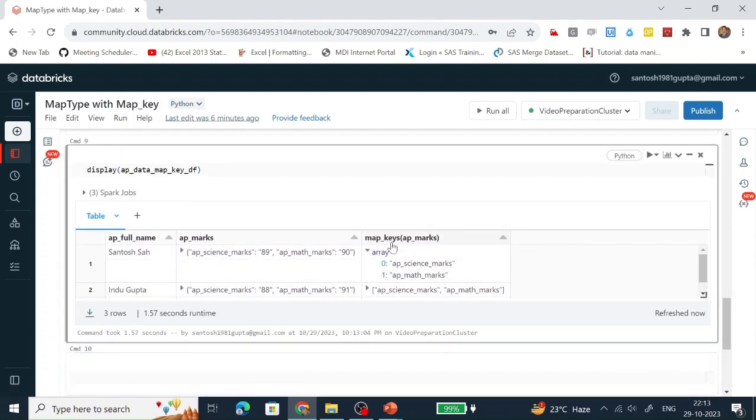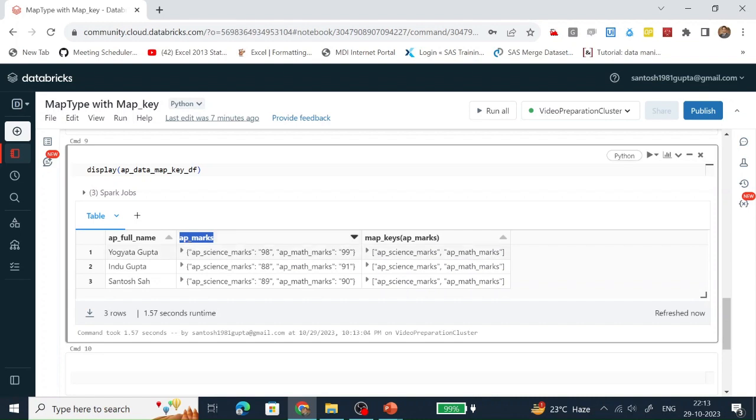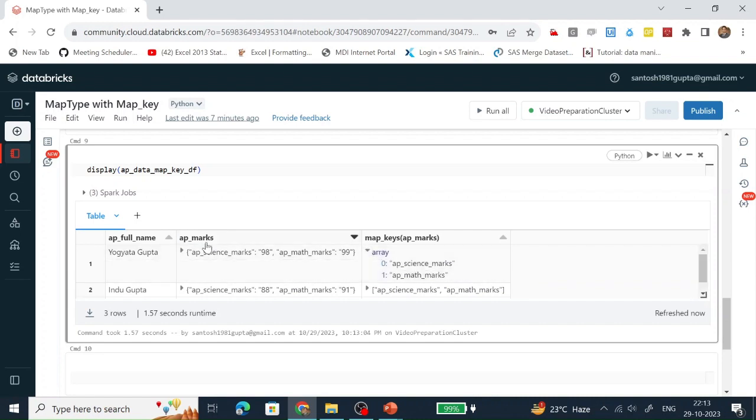You can see that the map key column we have created is of array type, and the values of the array are the keys which are present in the AP underscore marks map. This is the key which is now populating in this column.